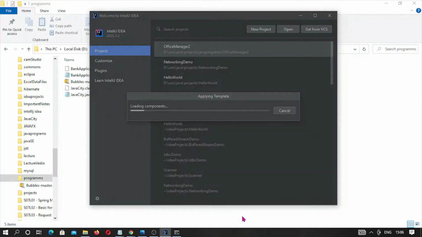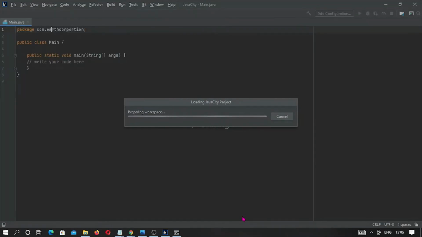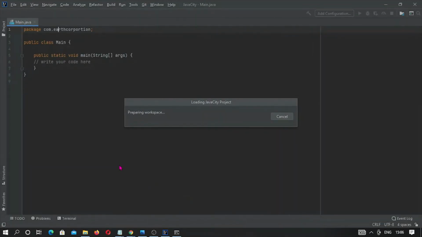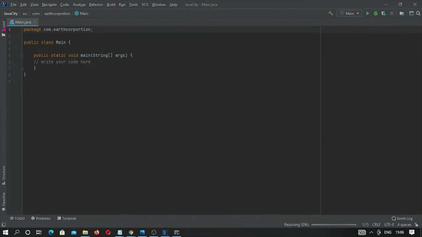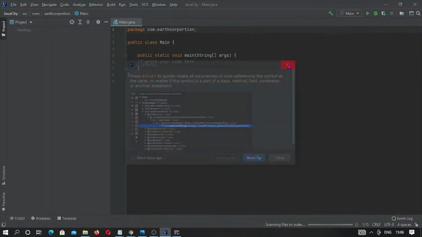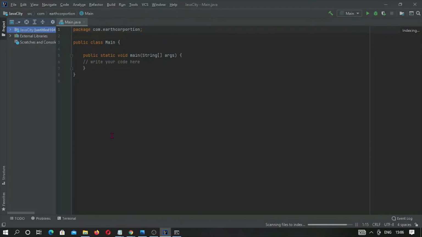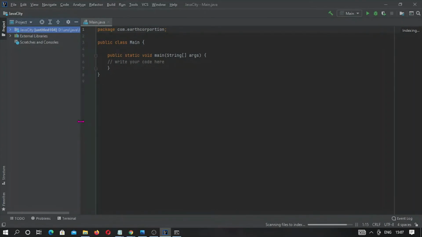There are lots of advantages of using an IDE. It will prompt you, and there are very handy shortcuts where you can write code and execute the code, a very easy way to write big programs. So this is a guide. You just have to close it, and let me make the window a little broader so that more space is available for programming. Now here is the project, and here is the source, and you can see it is opening the source main method.